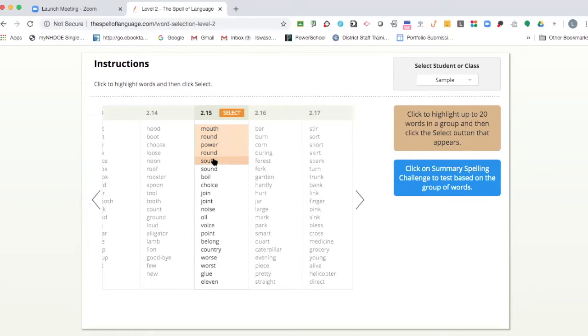During the school year, I differentiate by choosing fewer words for some students, and for faster students or those that need a challenge, I usually put more on their list. For today, I'm choosing all 20 words. So click the ones you want and you see they're highlighted. You're going to click Select,